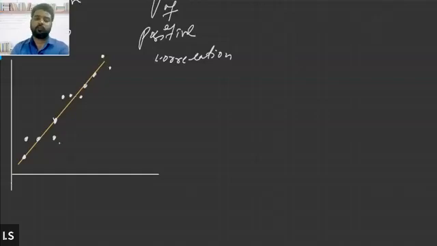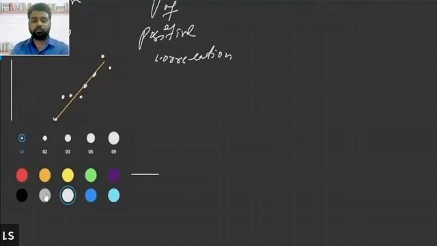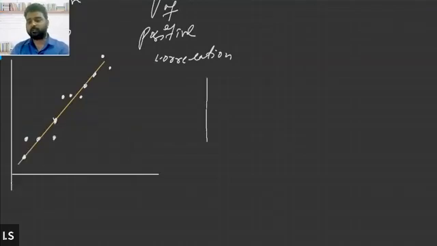Like this. If the dots are closer to the straight line, but not exactly in a straight line, then it will be called that there exists a positive correlation. But since all the dots are not exactly falling on the line, it will be called a high degree of positive correlation, right? And similarly, when you draw the scatter diagram,